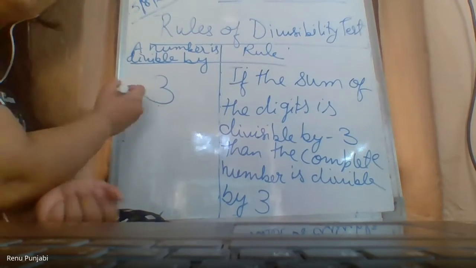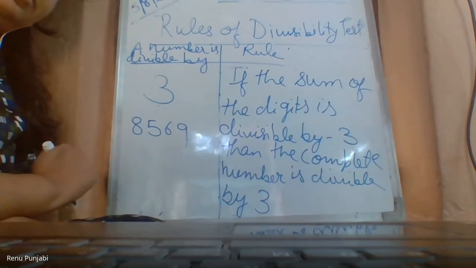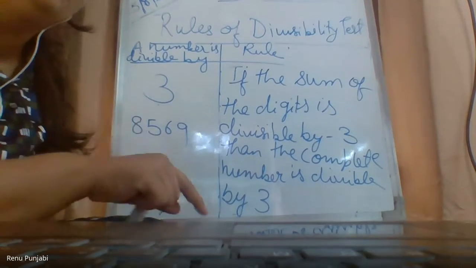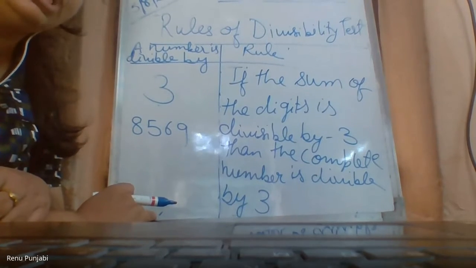Ma'am, I have a doubt. Yes, please. Ma'am, if it's a big number like 999 or something like that, we can check with that also? Tell me any number. Okay, 8569. If I don't know that 45 comes in the 3 table, if it's a big digit, then what shall I do? Then divide it with the 3. And then remainder should not come. Wait there, I will come to you. First, let me clear Trisha, then I will come to you.